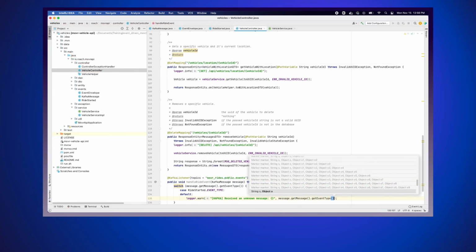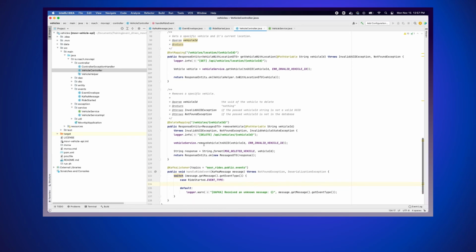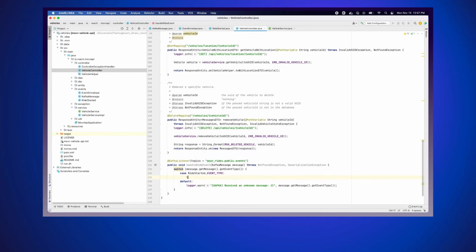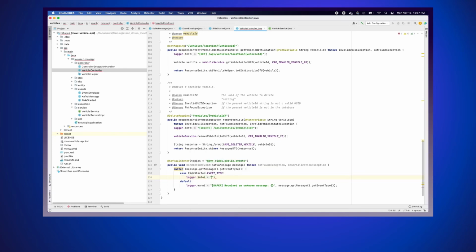So we'll do message.getMessage.getEventType. That way, if we see that, then we know there's something that we're not handling here. Now, what do we actually do for the implementation of this, assuming that we got the correct data? Well, again, first, let's do some logging just to make sure that we know when these are occurring. And we'll just log something like Kafka received